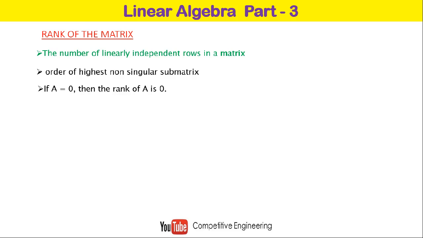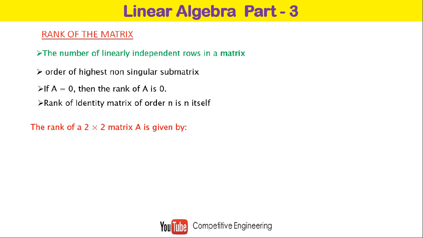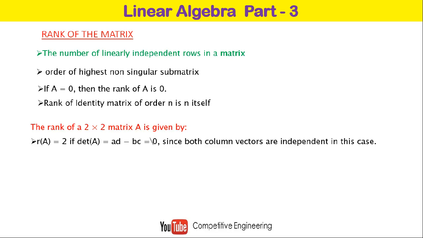Then if A equal to 0, that is A is a null matrix, then the rank of the matrix is 0. In a similar way, for an identity matrix of order n, the rank is n itself. The rank of a 2 by 2 matrix, let it be called A, we can compute in an easy way. If the determinant, that is AD minus BC, which we discussed in the last lecture, is not equal to 0,